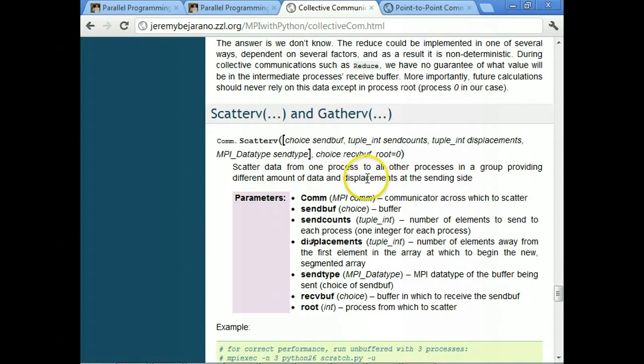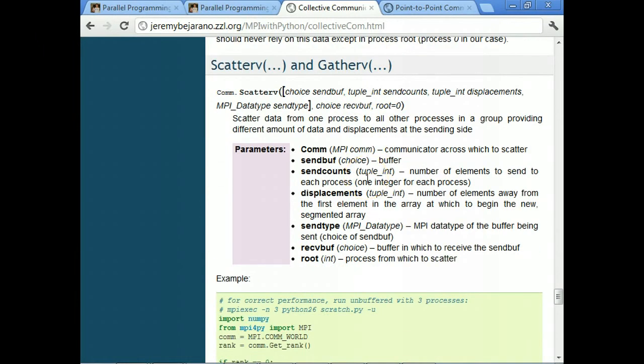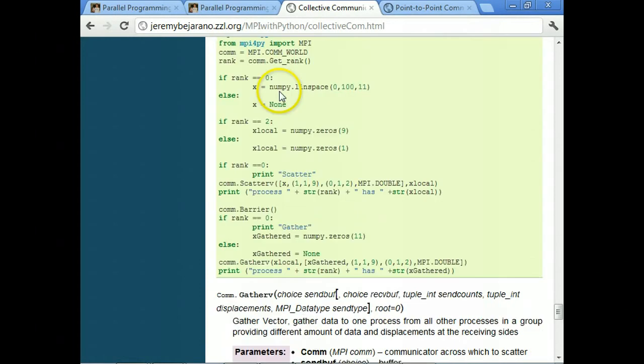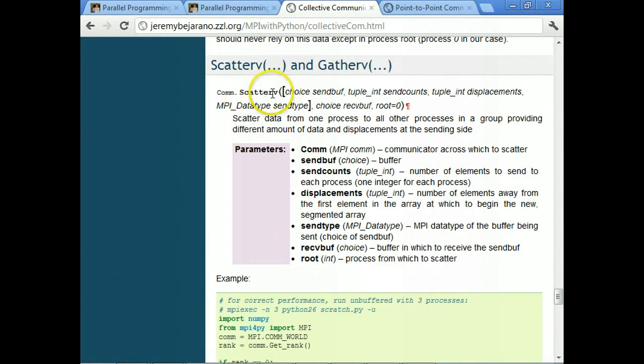So I put the syntax for that at the bottom here, and it's a little more complicated, but not too much. So scatter v, the way it's going to work is that you specify exactly how you want it to break up the vector. Before, because it divided evenly, it just divided them up into uniformly spaced chunks. This time, first, we have the send buffer. So whatever the value is of the sending variable, we just put in the sending variable there.